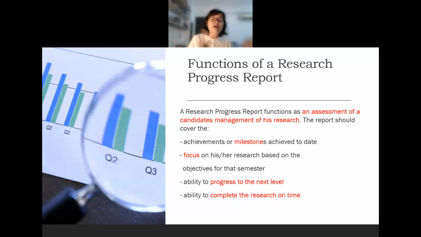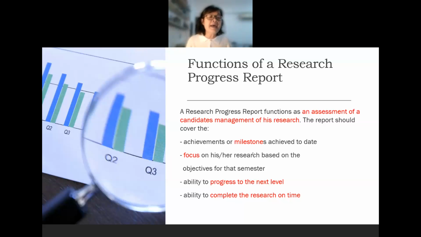In order to go on to the next level, your supervisor will see whether you can or not. If I am your supervisor and you didn't come see me, I will put that you cannot go to the next level until you complete the first level. So if this semester you didn't go and see me, second semester you didn't, third semester also you didn't, you will still be unable to go on to the next level. And you will just keep paying and paying and paying, and you make us richer and richer, and you poorer and poorer, and you didn't complete your research.